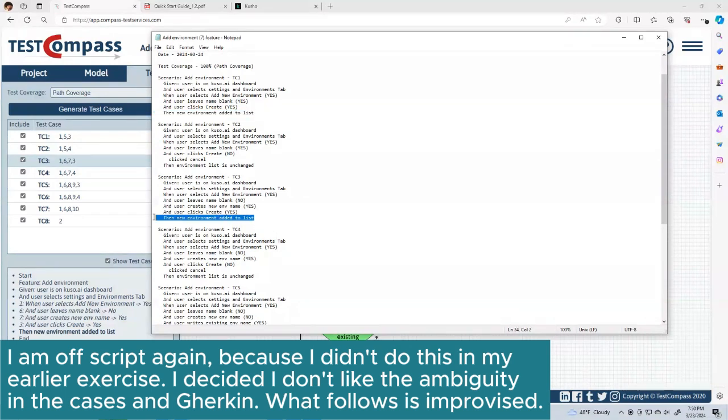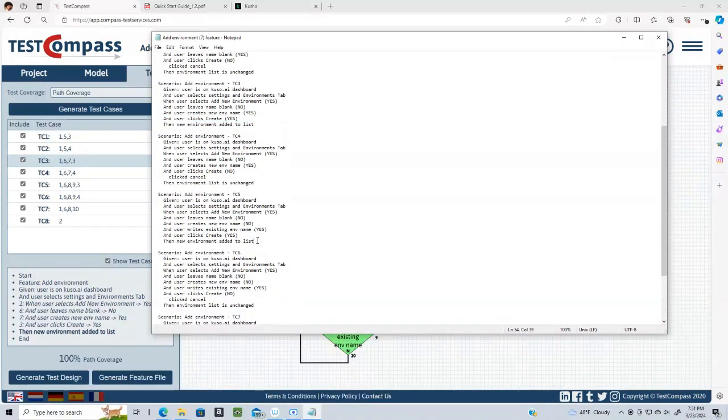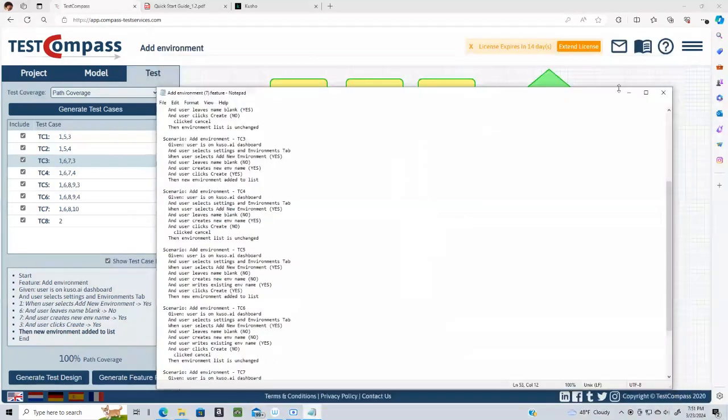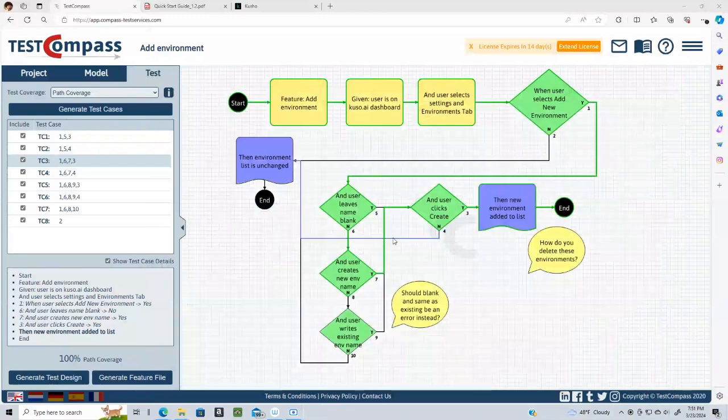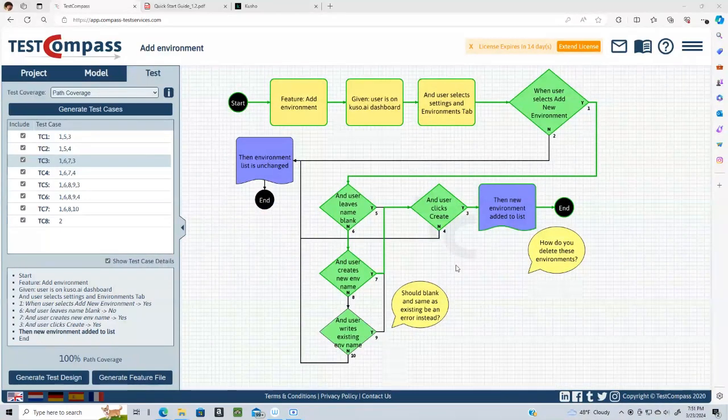This thing is something with a new environment name is added to the list. And this is something where a duplicate environment name is added to the list. One could argue these are 3 different states and that the gherkin poorly expresses that. And let's talk about how we would change that inside of TestCompass, because TestCompass is very explicit with its